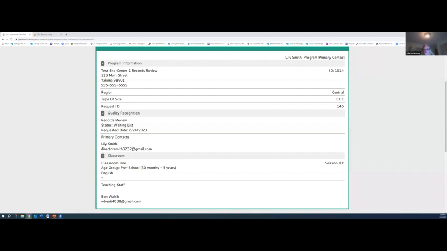Okay, and we talked about the add information boxes. Those can also be used if there's any other additional information they think is going to help us understand what's going on in their program. So whatever they feel we may need to know to help us get information about the program can also be put in that additional information box. Anything else, but we just wanted them to have a place that they could give us more information.